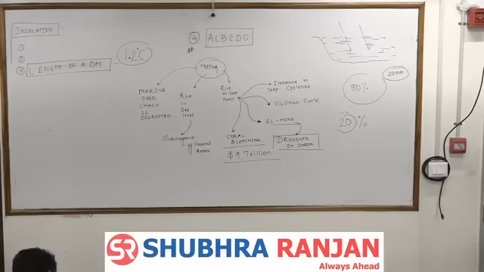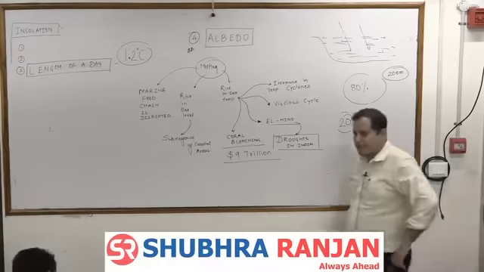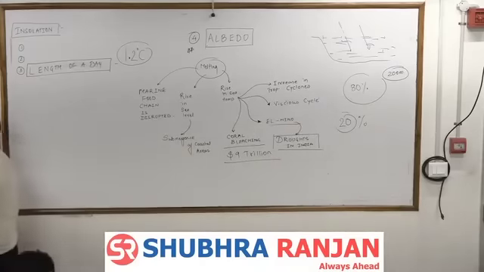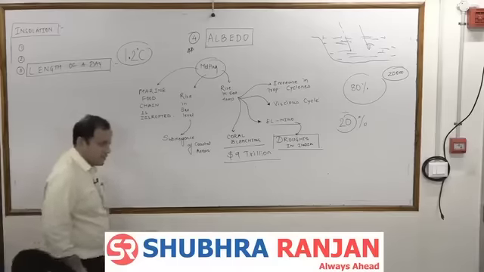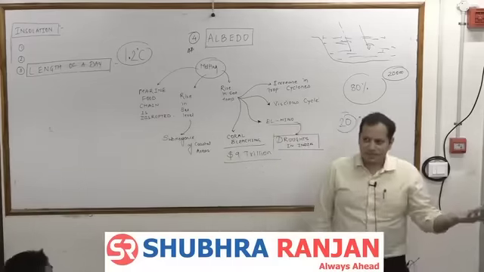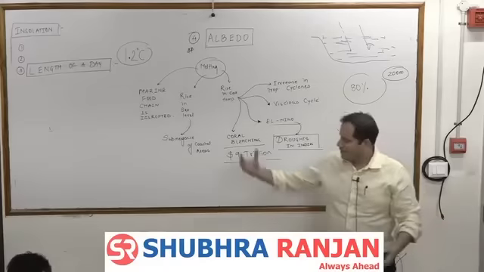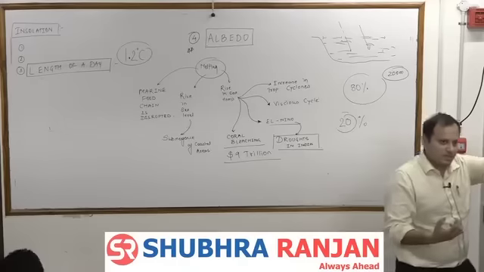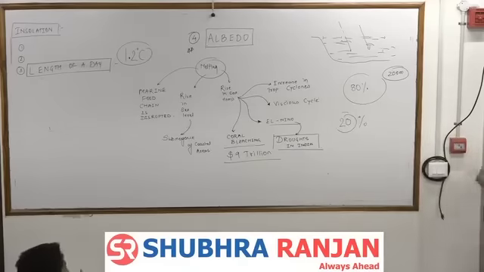Next point, albedo affects the heat budget of the earth. Budget क्या है? कितना income, कितना खर्चा. So कितना insolation आया, how much is absorbed and how much is reflected back. So albedo affects the heat budget of the earth